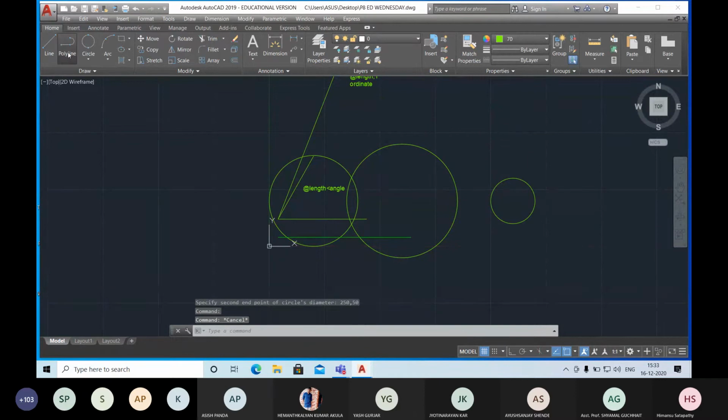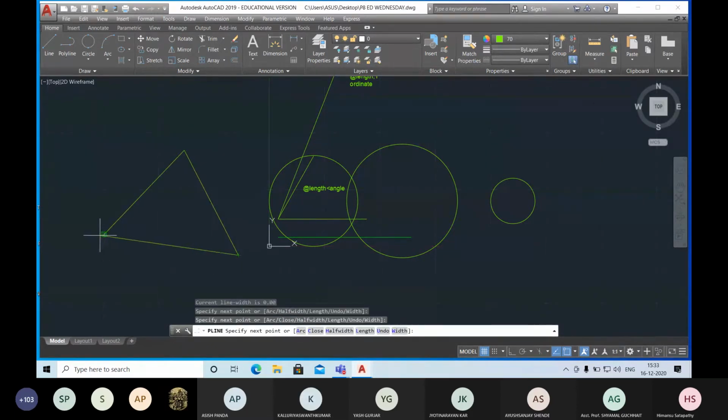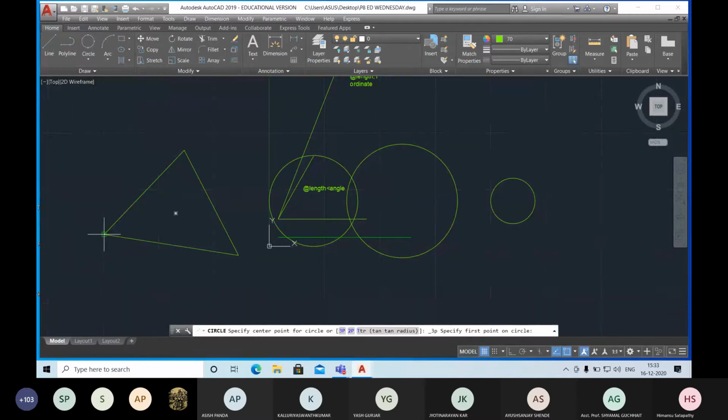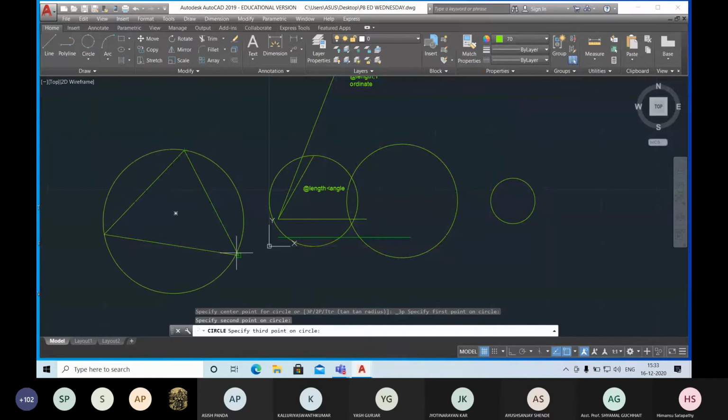Similarly, if I draw a triangle with a polyline, I just want to draw a triangle. You see this, I just drew a triangle and I want to draw a circle all around this triangle. Then I will go for the 3-point circle, mention the first point, the second point, and the third point.